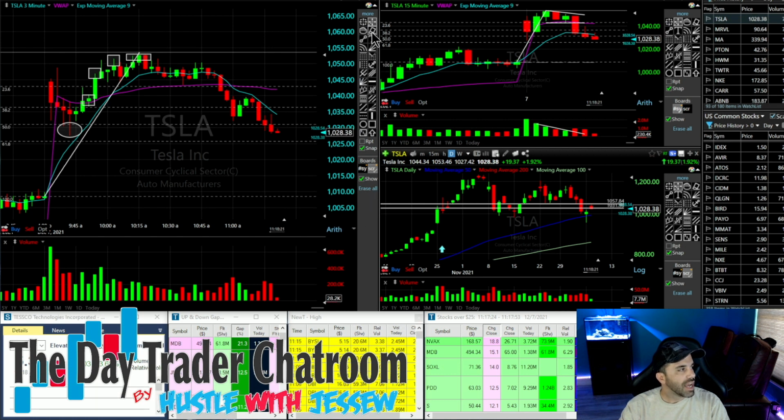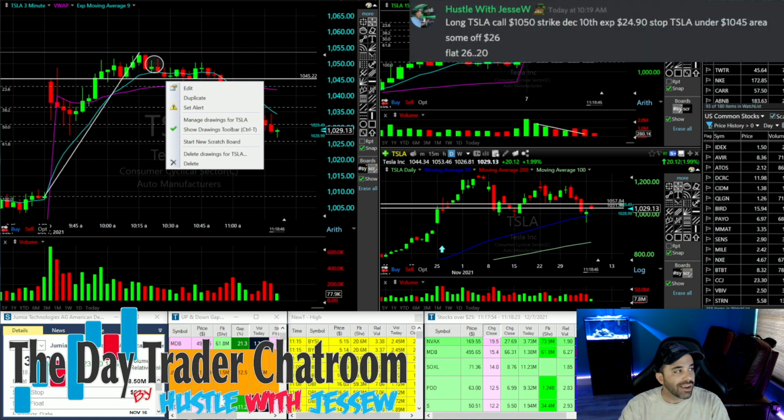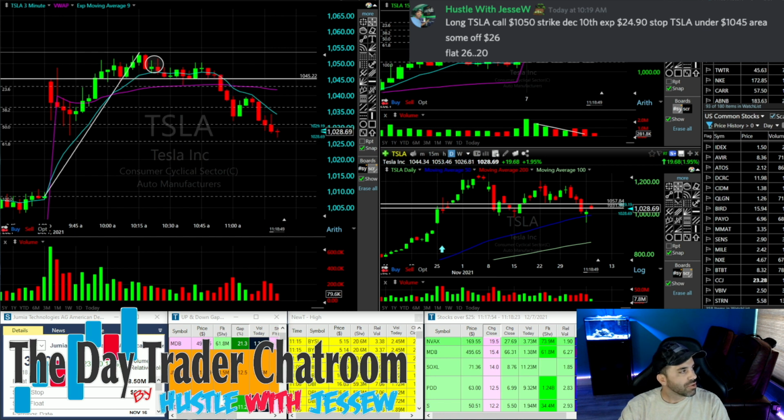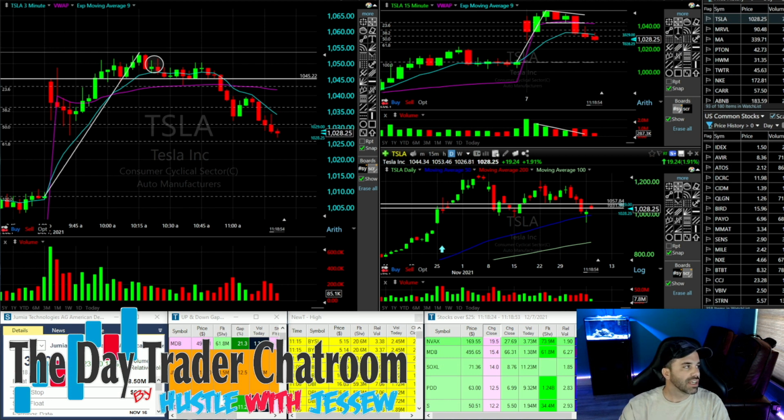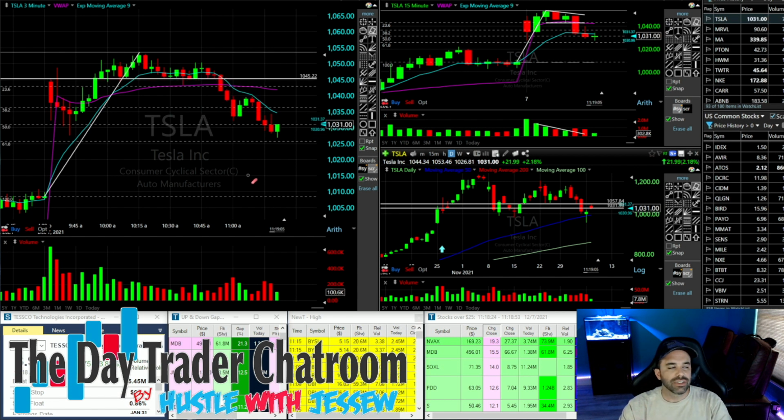Didn't happen. I ended up actually scalping some options for about a nice little double on the day in here. I ended up getting in here for this 9 EMA VWAP bounce since we were holding on to this little level right there. I got in Tesla calls, 1050 strike, December 10 expiration, 24.90 entry, stop if Tesla gets under 1045. We quickly made a little pop and I took off some at 26. Then I got flat at 26.20 when we just couldn't get that extension off of the 9 EMA right back to the highs. So a little trade there, pulled out almost a couple points. I'll take it. That was a nice little trade.